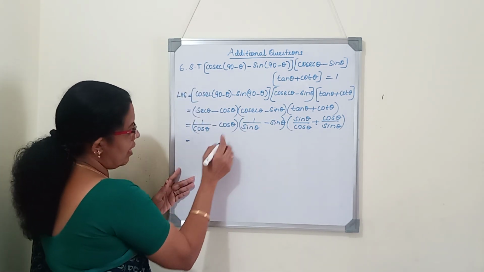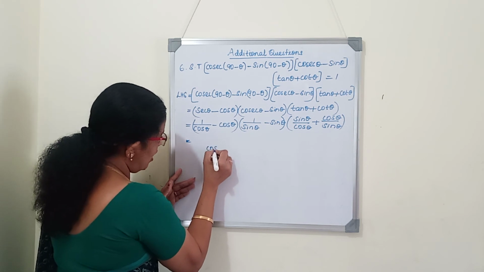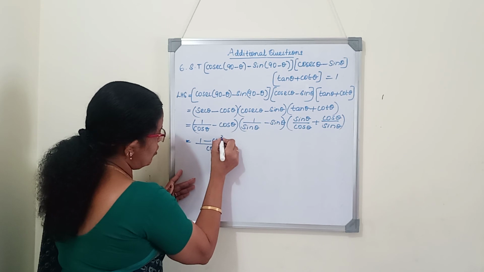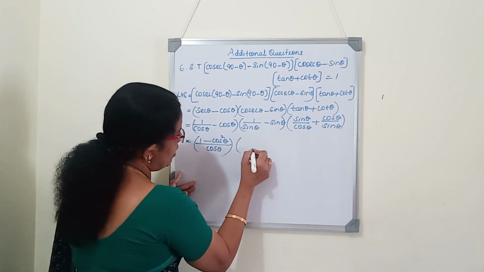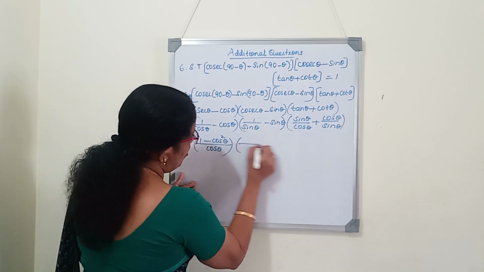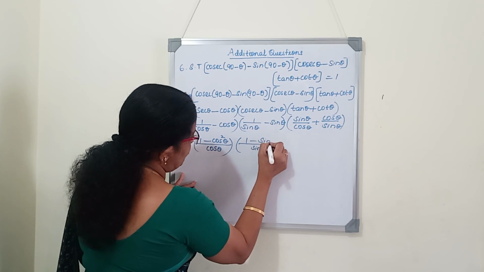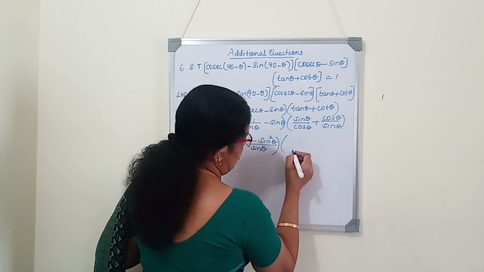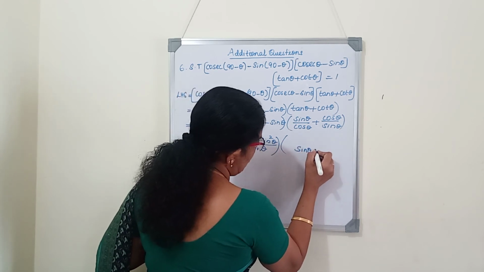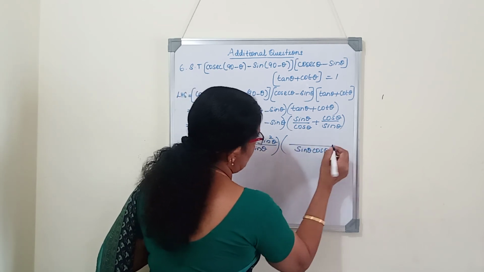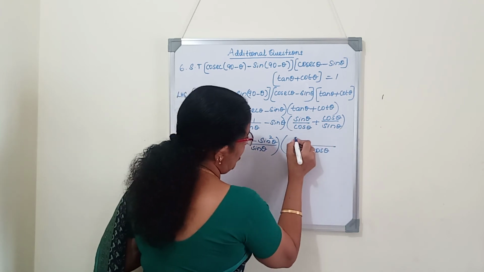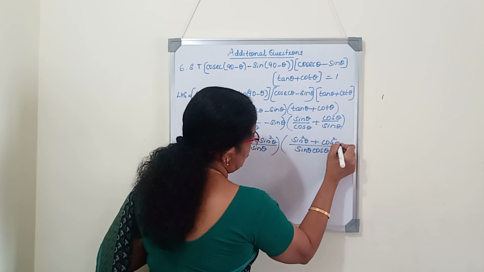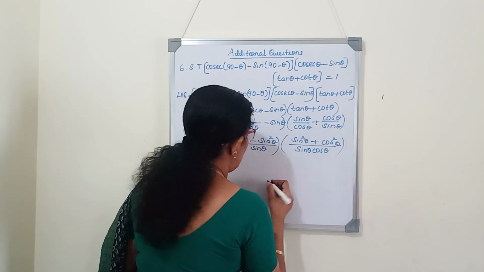Now here in the first bracket we will take LCM. Cos theta is the LCM. So 1 minus cos theta into cos theta, cos square theta. Next bracket, sin theta is the LCM: 1 minus sin square theta. And in the next bracket, sin and cos. Sin into cos is the LCM. Product of sin theta into cos theta. So we will cross multiply. First term will be sin square theta. Next term will be cos square theta. Sin square plus cos square, so third bracket.